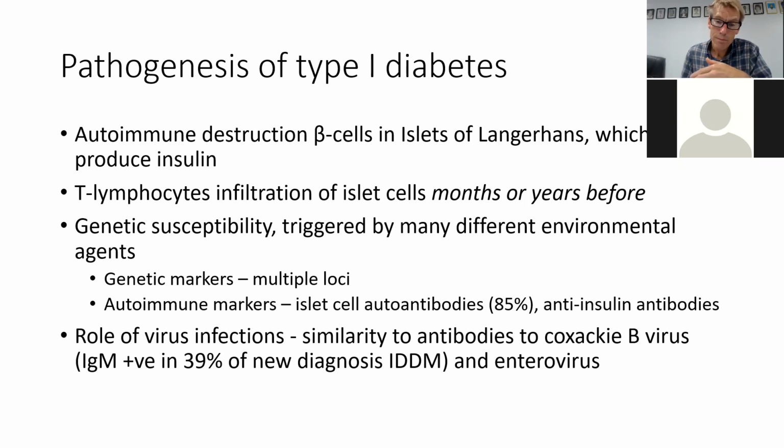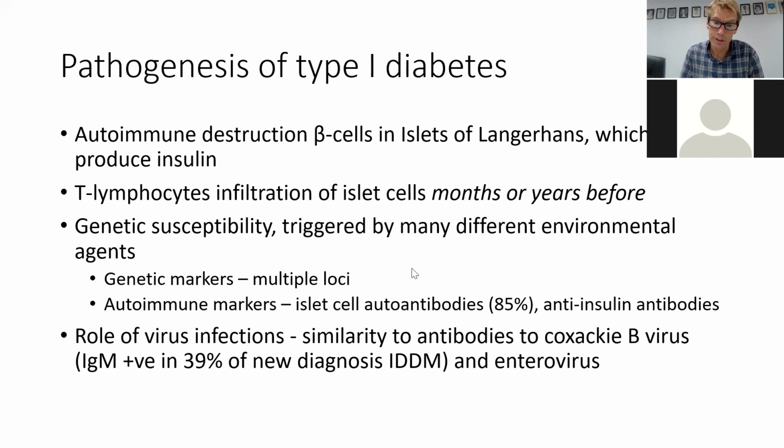And probably what happens is that some sort of viral infection triggers off an immune response, and it's usually a T cell lymphocyte infiltration into the islet cells, and it's usually months or weeks or years before. No one quite knows just how proximal the viral infection is, and I think it varies from child to child. There's probably some genetic susceptibility too that makes some children, when they get certain viruses at a particular time, more likely to produce antibodies that then attack the islet cells, the beta cells in the islets of Langerhans, and destroy the